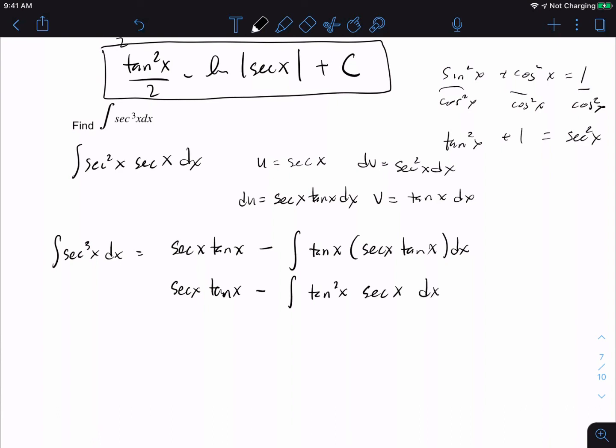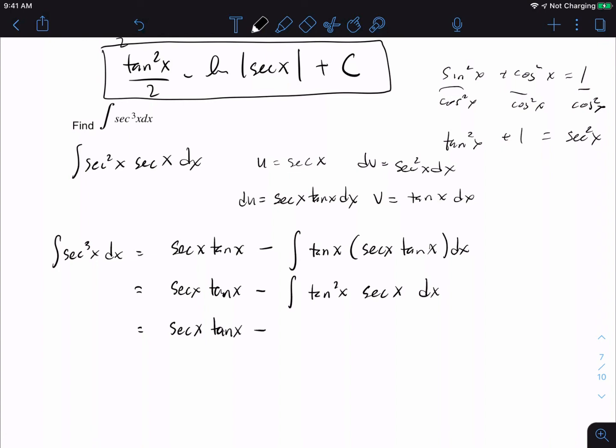And isn't this the same thing that we had in the previous problem? Where it was just secant, and I had secant tangent squared. Wasn't that the same thing I had? So we end up with something ugly anyways, but that's cool. At least we've done one part of the integral. So I'm going to get secant x